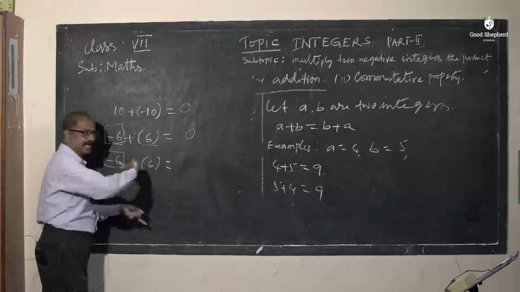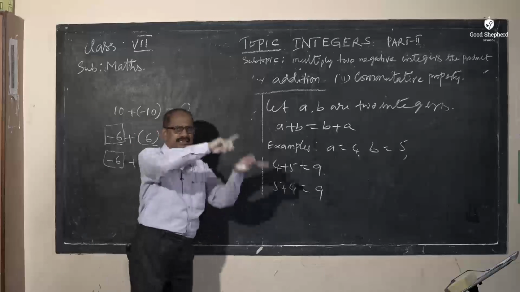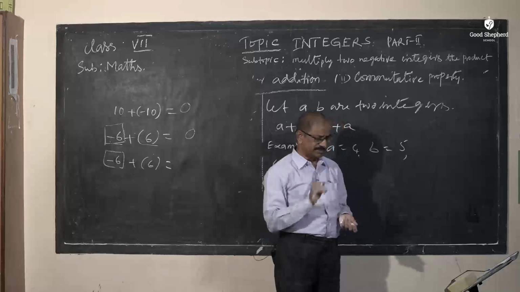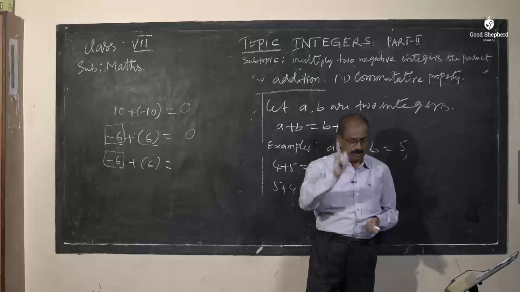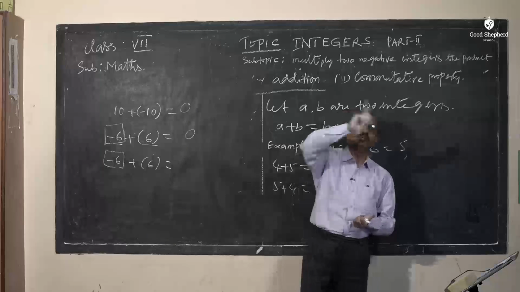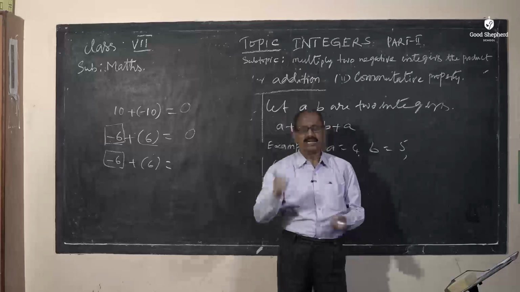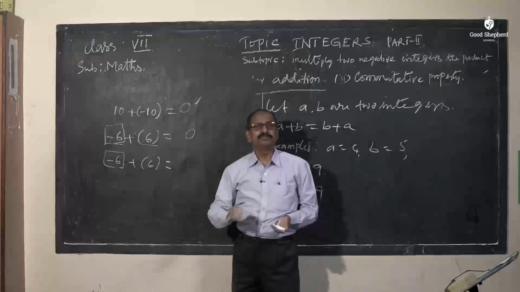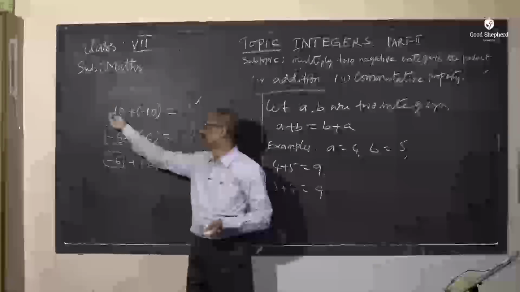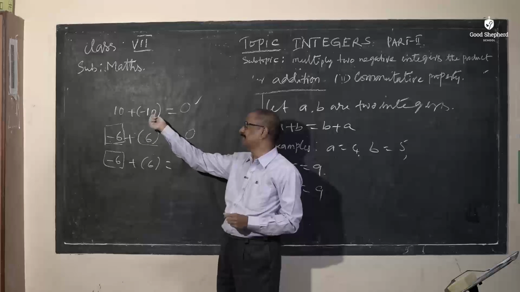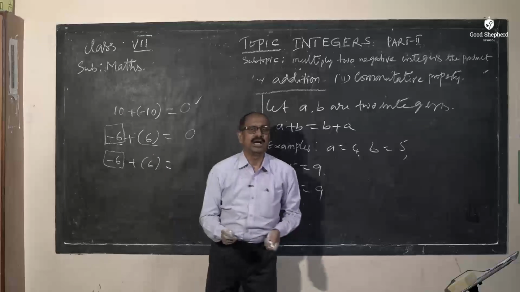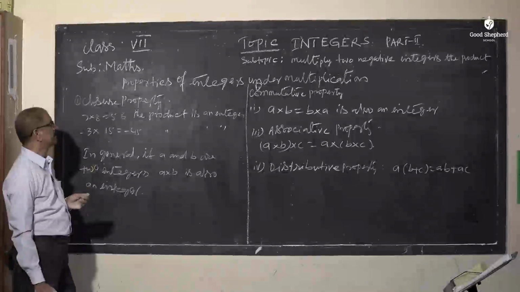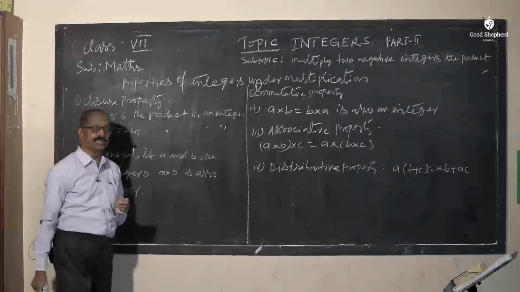So vice versa, it is nothing but one is positive and the other is negative. Additive identity is 0. Additive inverse is the negative sign of the given number. Their sum must be equal to 0, then they become additive inverses of each other. So for plus 10, the inverse is minus 10. For minus 10, the inverse is plus 10. They are called additive inverses. So we have learned the properties of integers under addition.